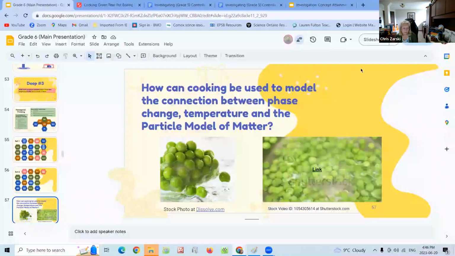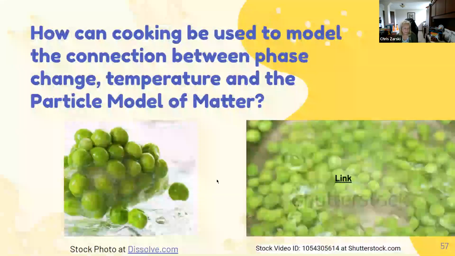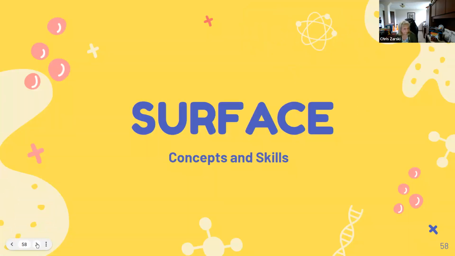But if there's other things that you can think of that would give students that model, and food's a great one, right? They can be cooking in the kitchen with their parent and look down and see the connection that's happening in front of them. Can they connect that understanding? So we'll move on.